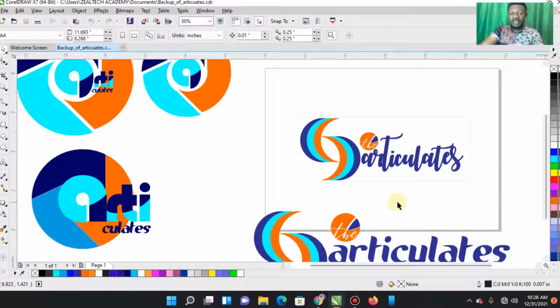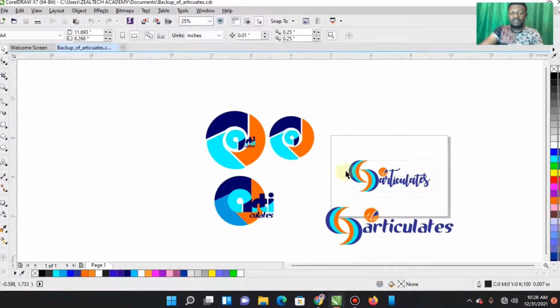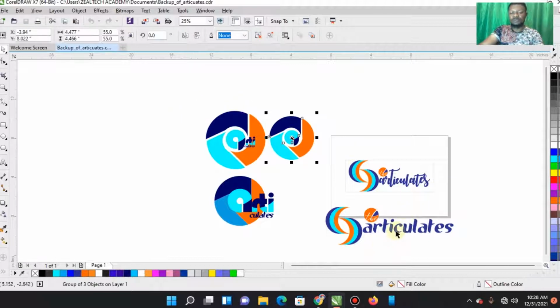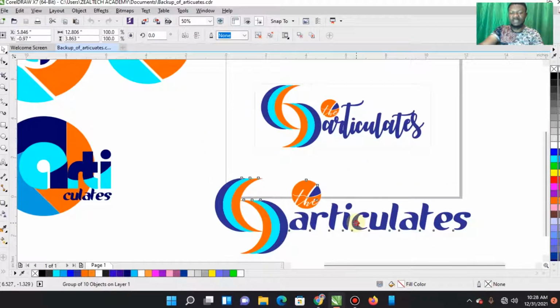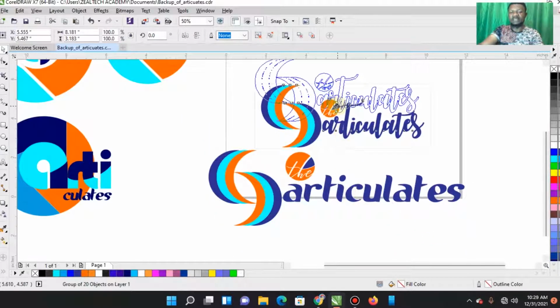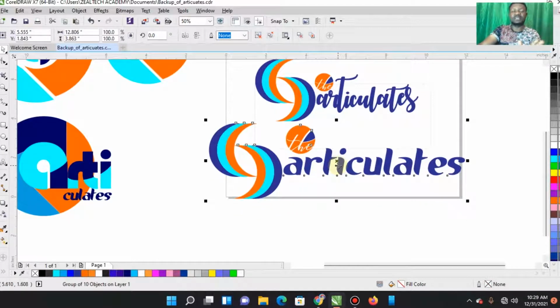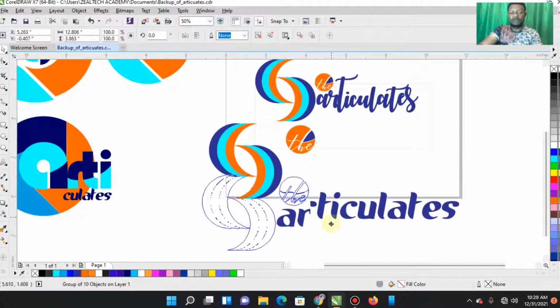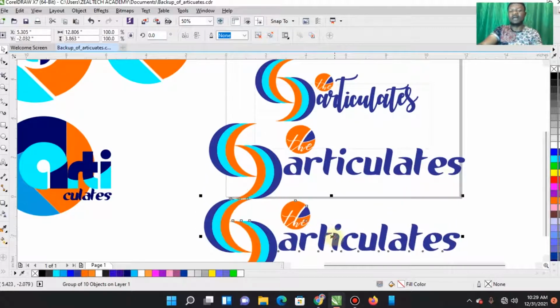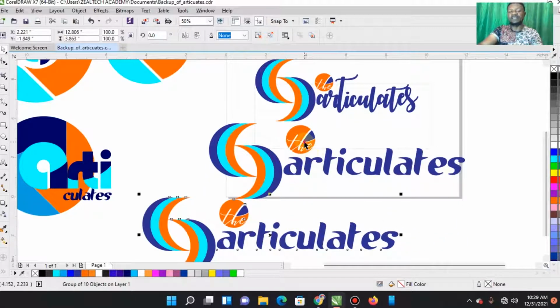All right. So now let's make use of any one of them. I'm going to make use of this, and if I make use of this, it's still good. Any one of them is good, but let's use this so that you can see the reflection on the text effect too. All right, I'm selecting this. As it's selected, let me duplicate it so that you can see the difference between the two. So I'm duplicating it. All right, so I have one here, then I have this here.